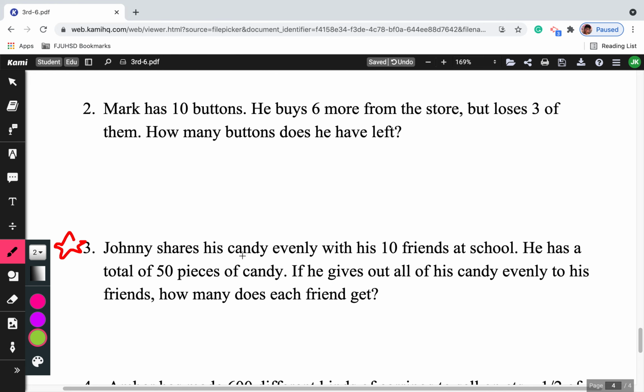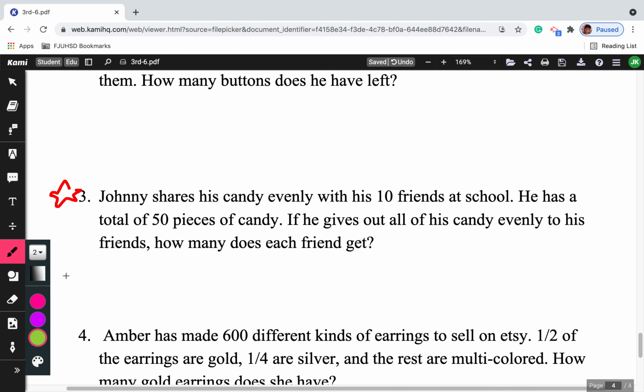Okay, let's do a word problem. Johnny shares his candy evenly with 10 friends at school. Remember to underline important information, such as words like share, evenly, and numbers. So always, it's a good start. If you don't know what to do, always underline the numbers, what they ask you to do, or what they ask for,